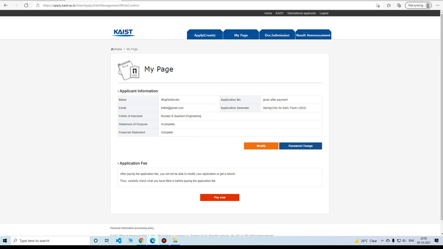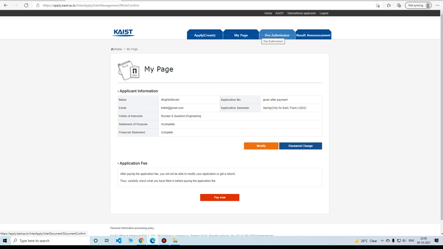And make sure after you pay all the money, you will be able to click on this page, doc submission, as you can see up here. So click on this page and you'll see all the required documents you need to post. Mostly, if you are not of Korean descent in any way, you can skip number 2, and it will be written which documents are optional and which are mandatory.